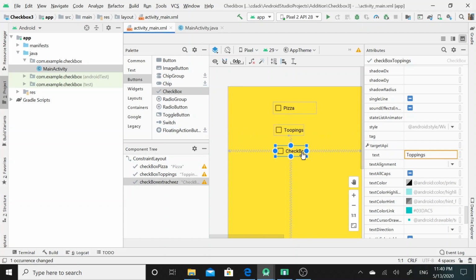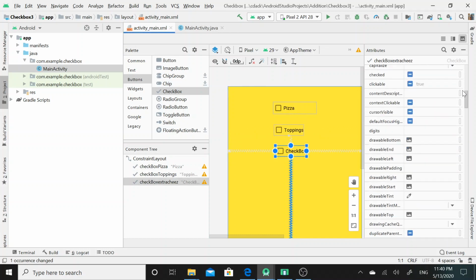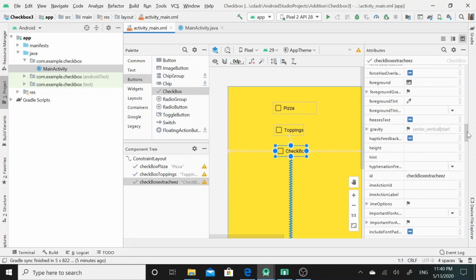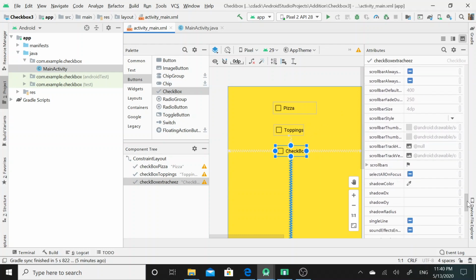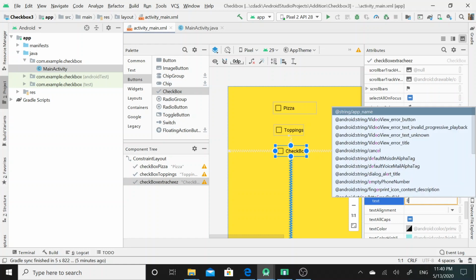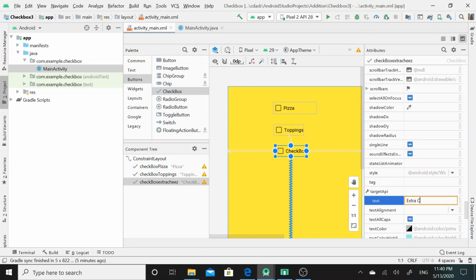Then I shall click on the next checkbox. Here I had given the checkbox_extra_cheese ID for this checkbox. Again, accordingly I shall change the text present on this checkbox. Here I have given the extra cheese text to this checkbox.